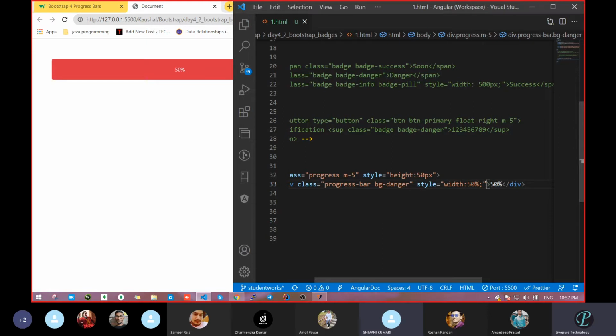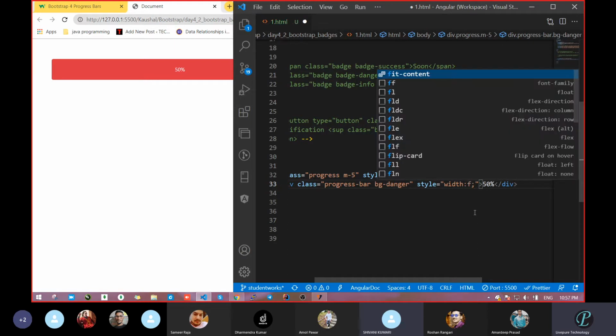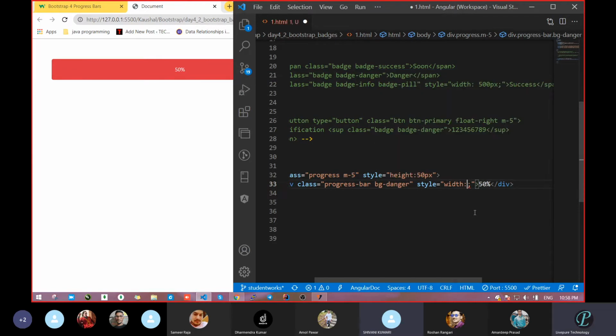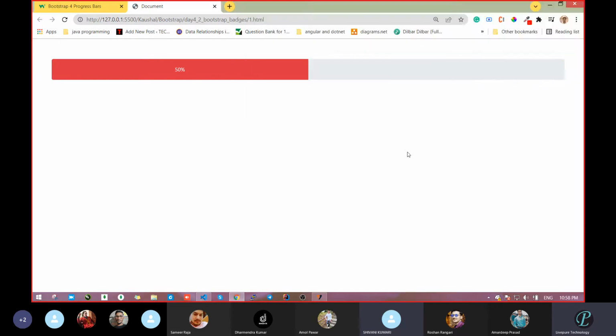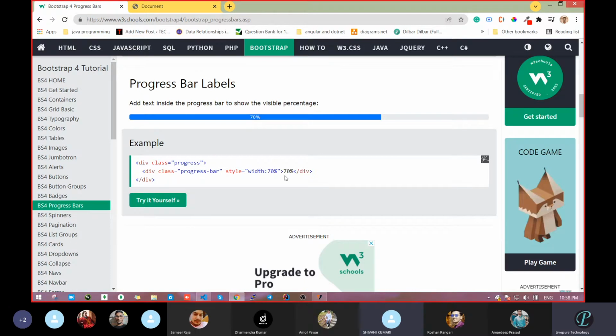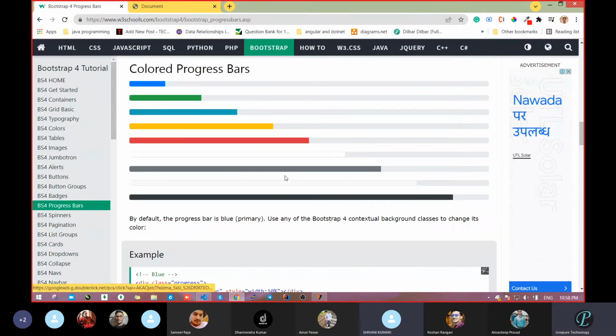This thing, when you're working with the database, according to the server response you will get this value. Meaning you're not passing anything here. You pass a variable or whatever values, and with that variable you will get that value from the server side. Then accordingly, it shows that some data is filling. Because when you work with the server side, you will not hard code this value. When you upload a file 10%, 20%, the value is increasing and the color is also filling. Correct or not?